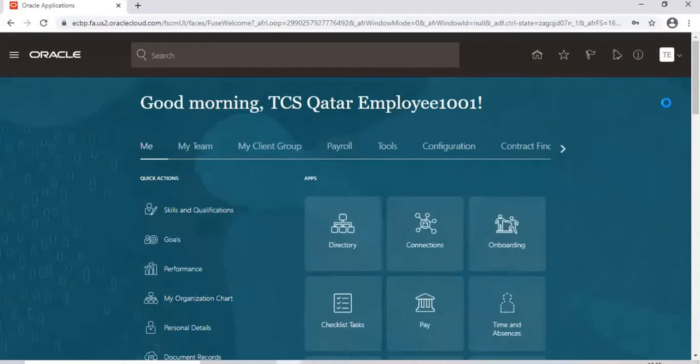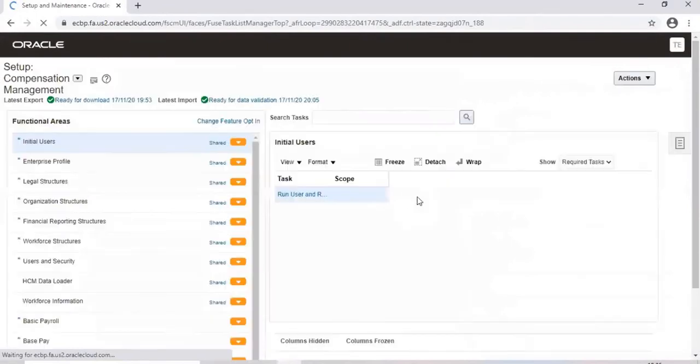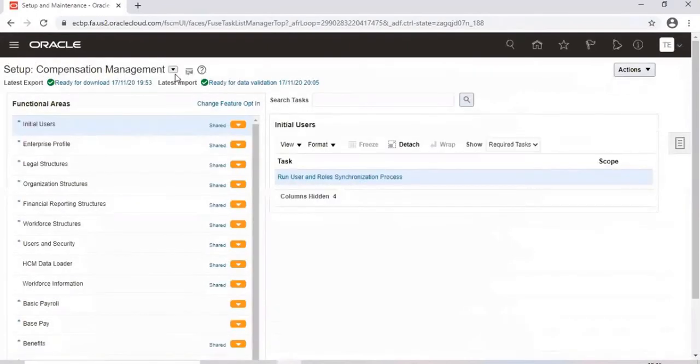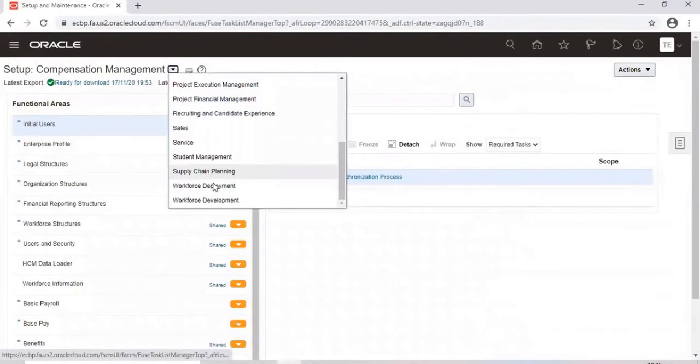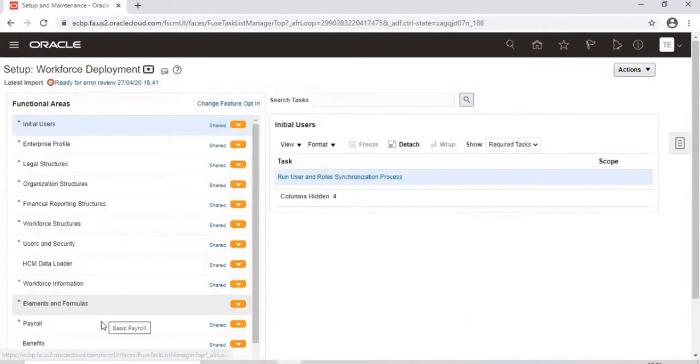Okay, we go to setup and maintenance. Post deployment payroll.